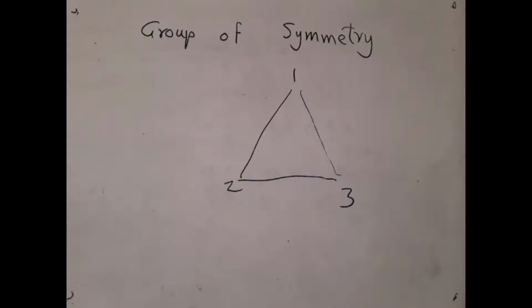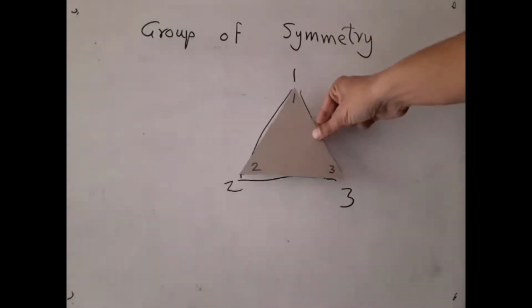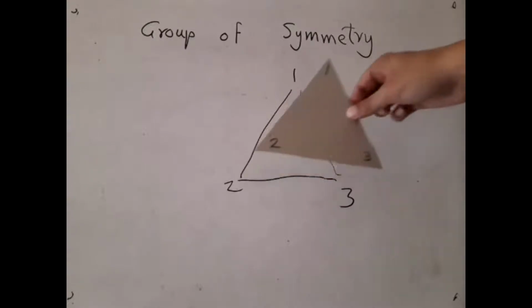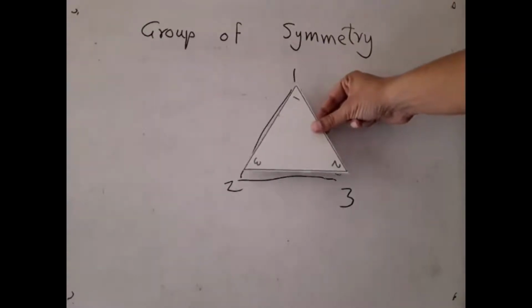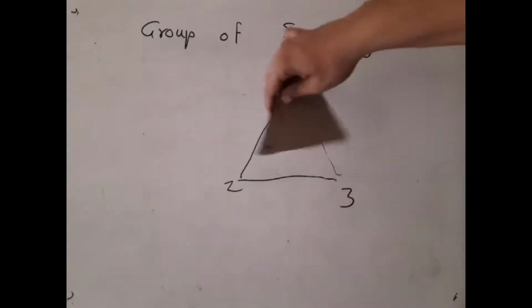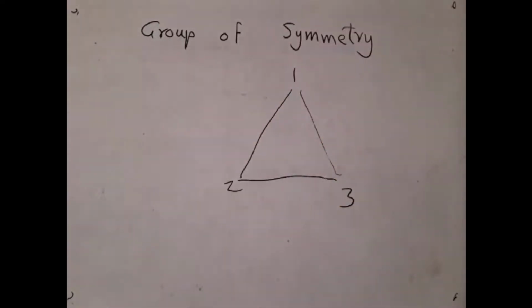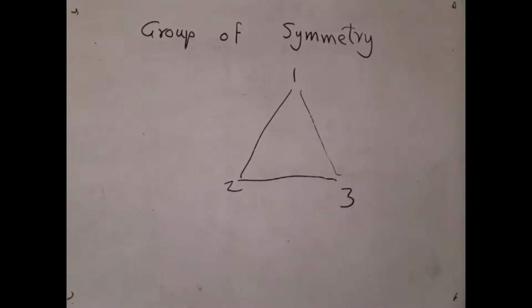And then what I want to do is I want to place the same triangle differently but fitting that frame. I can fit it directly like this. This we call the identity element E. I can flip it like this because it's an equilateral triangle. It will fit again. I can flip it like this. I can flip it like this. I can rotate, and all these different things form a group. That is the group of symmetry of an equilateral triangle, and we have seen that there are exactly 6 elements